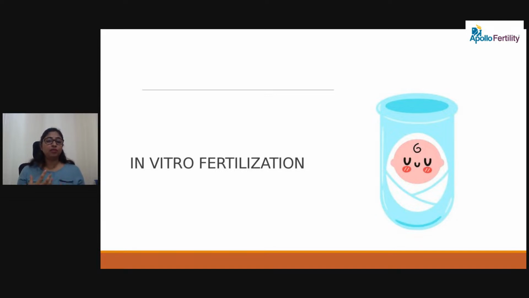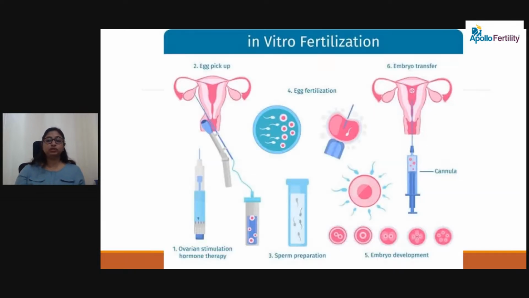So our main aim is to grow multiple eggs, and when they are mature enough, in place of giving injections to release the egg, we give the injections to make them more mature. Just before they are released, we do a small procedure in which we collect all the eggs, and the eggs are mixed with the sperms of your partner, and the resulting embryo which is formed is later on transferred inside your womb. So this is the procedure of test tube baby. So this is one of the steps in treatment which can be done in PCOS women.